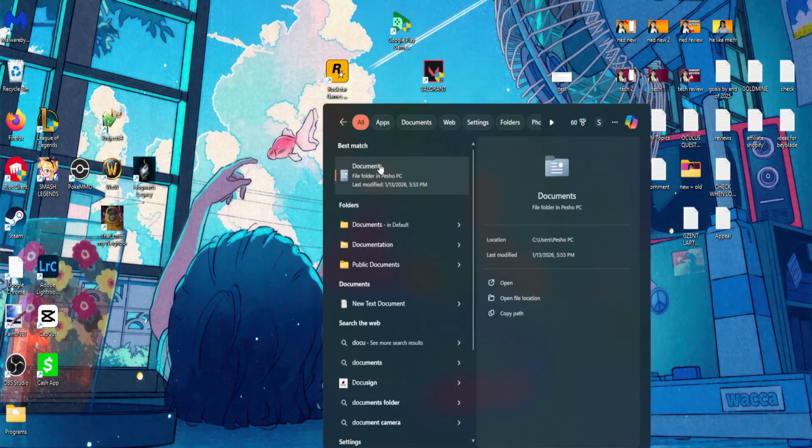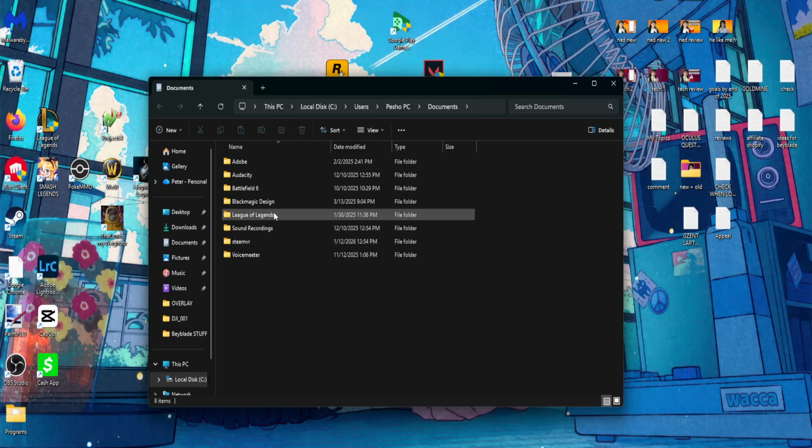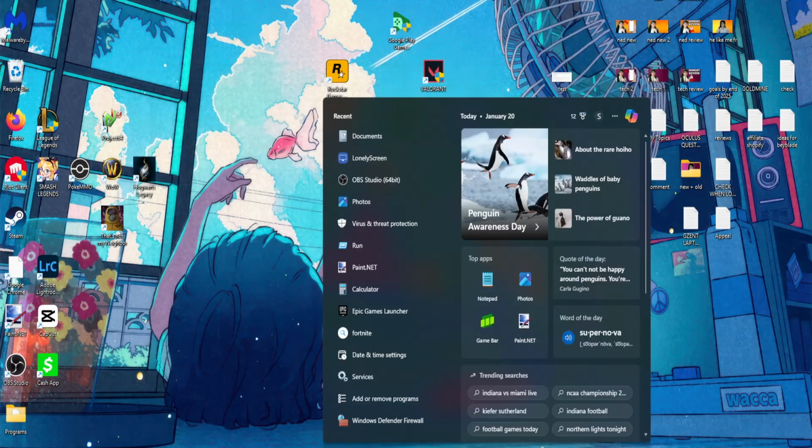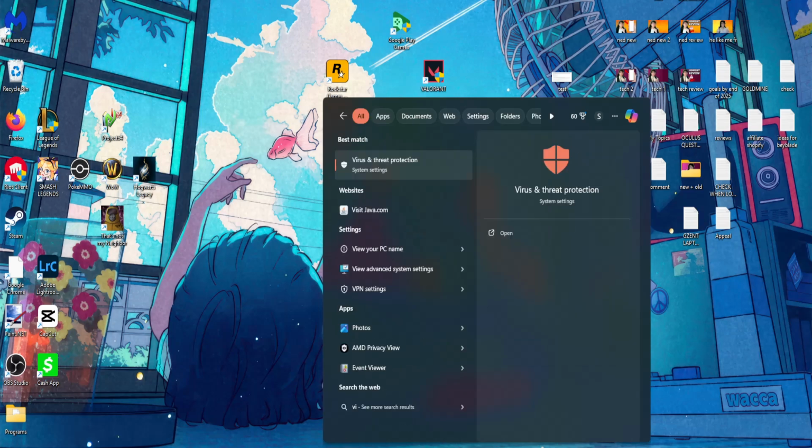searching for documents. Opening up the documents, and here, if you see a Rockstar Games folder or Social Club folder, you just want to right click and delete it. Once you have done this, we can proceed to the last method, which is going to be searching for virus